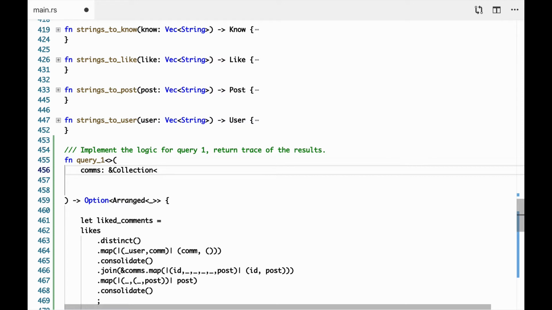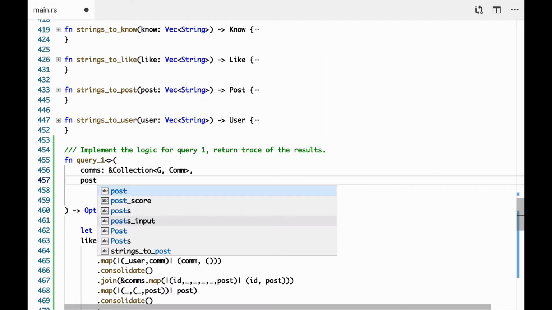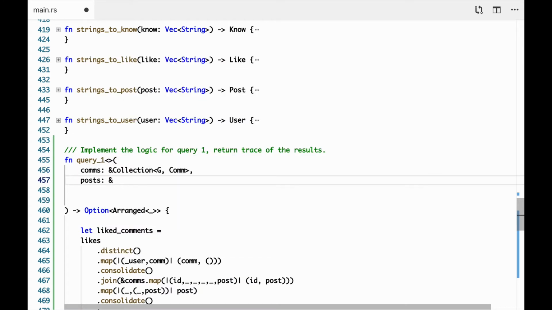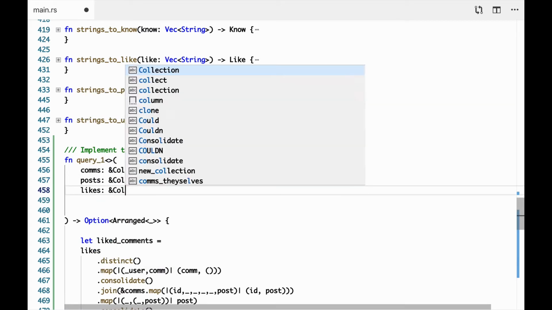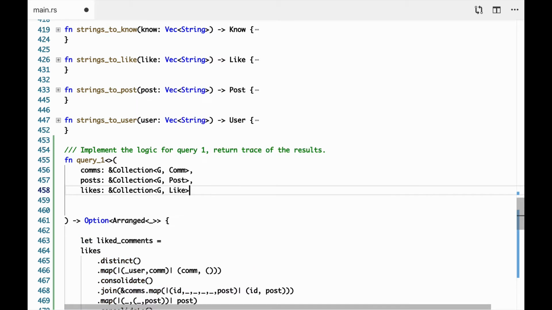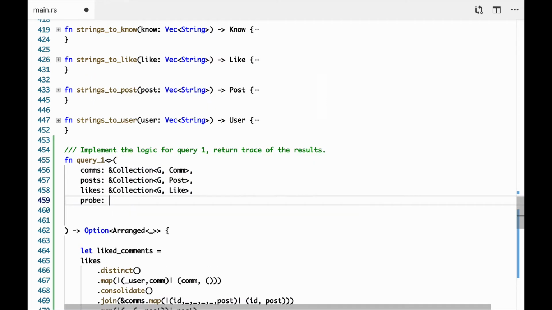differential dataflow collection. Collections have 2 generic arguments: the scope in which they exist, sort of the dataflow canvas in which they're currently described, and the type of the data. There's actually a 3rd parameter, but we're not going to get into that, which is the monoid that they use to describe change. That's a super interesting thing, but not on the menu right now. Like, collection, G, like,